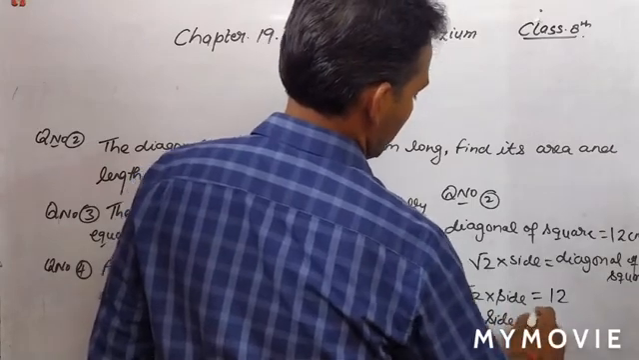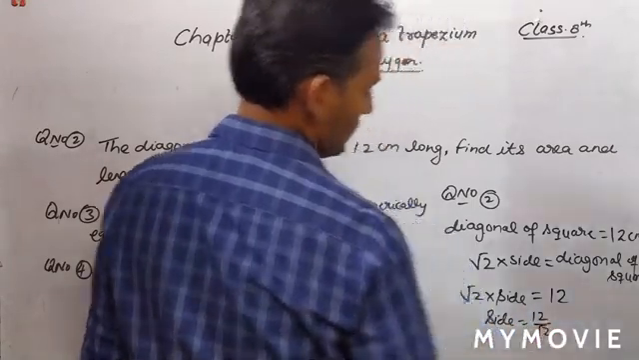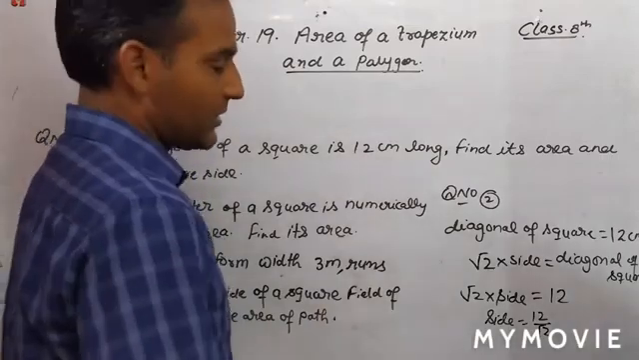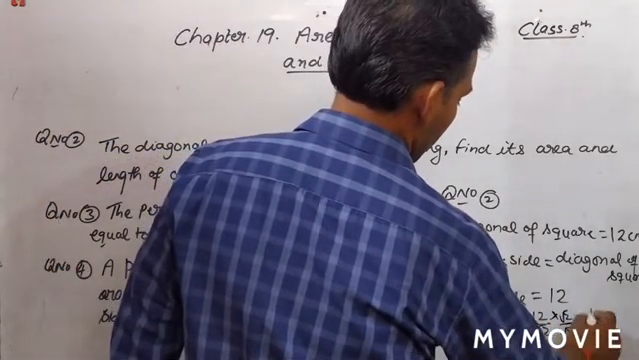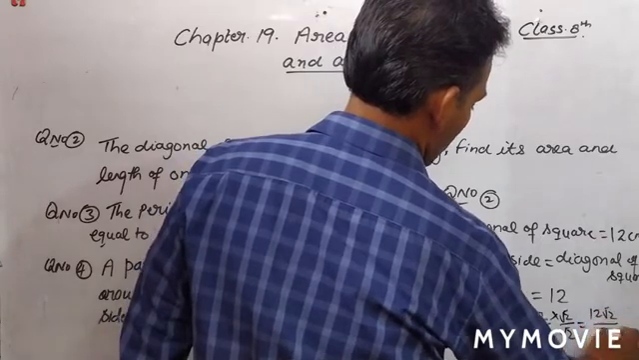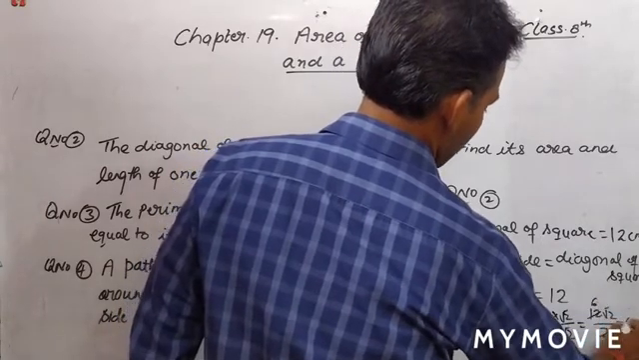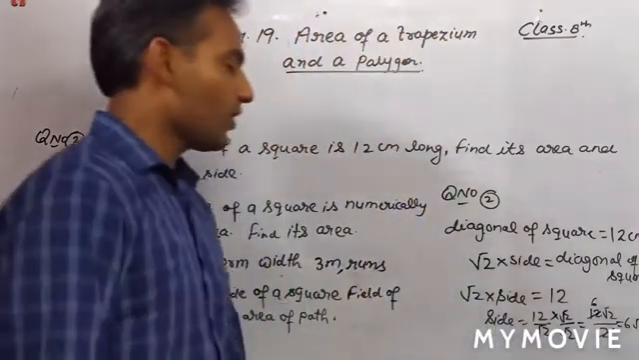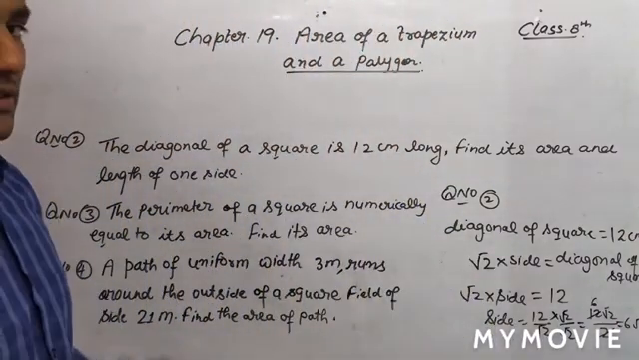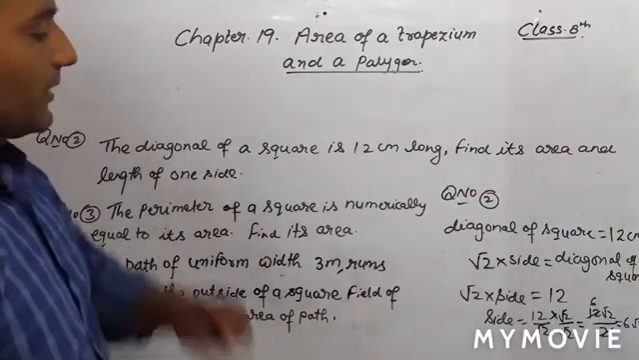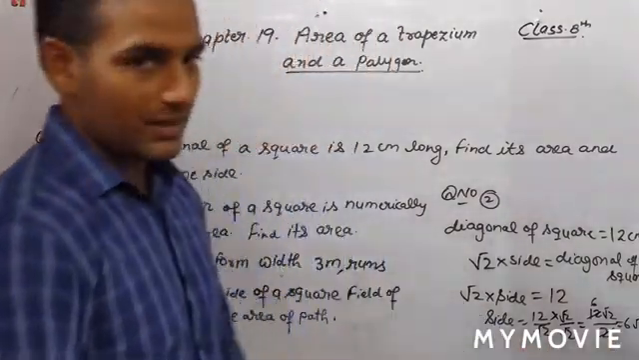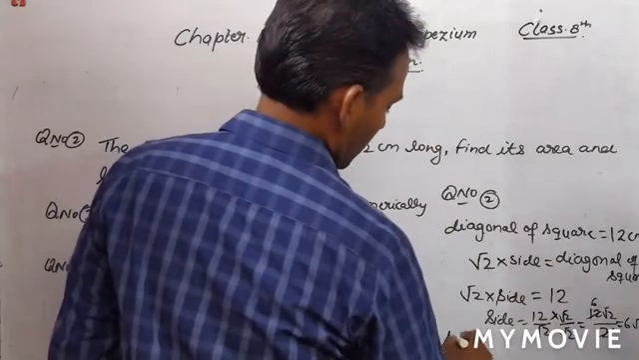Now, under root 2 into side is equal to diagonal, which is 12 centimeter. So side will be 12 upon under root 2. 12 upon under root 2, we can solve it by rationalization. Under root 2, so we can write 12 under root 2 upon 2. 2 6 are 12, that is 6 under root 2 centimeter is what? Side of the square. Now, we have to find its area and the length of one side. Length of one side we have got 6 under root 2, and we all know area of square